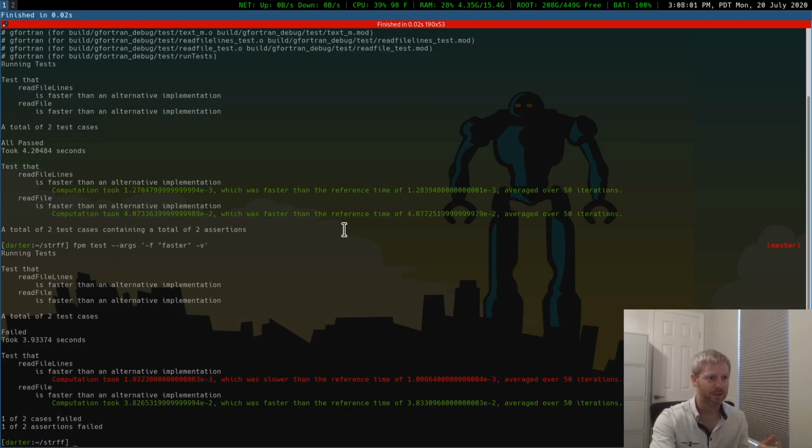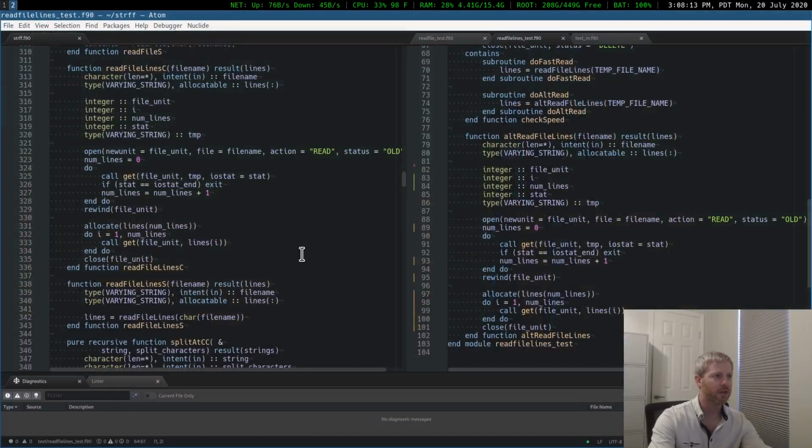So as you can see, this time it failed because they have almost identical timings, because they're identical implementations, and that's what we expect. So what we want to try and do now is work in this function and see if we can make it go a little